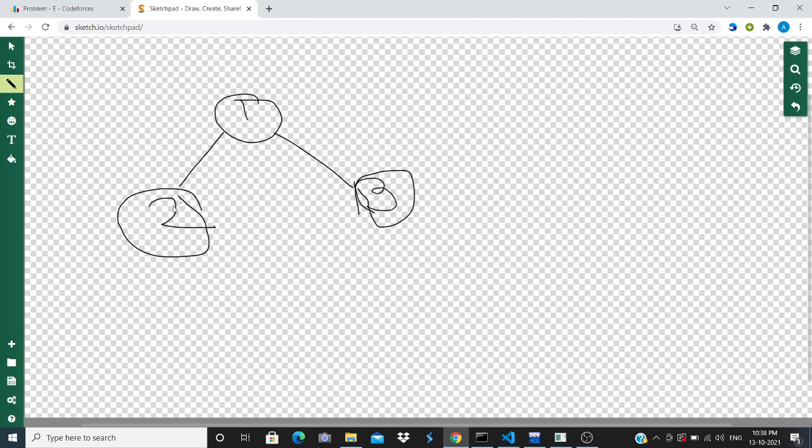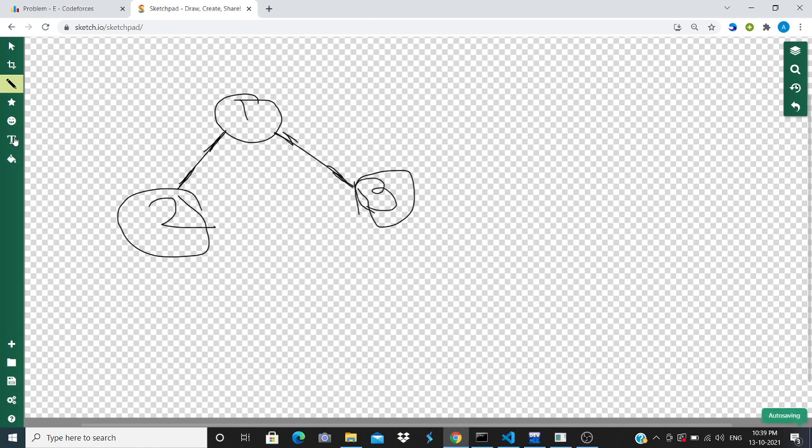In this case, the in degree of vertex 1 is 2 because there are two edges incident on it. Similarly, the in degree of vertex 2 is 1 because there is only one edge connecting it. Similarly, the in degree of 3 is also 1.